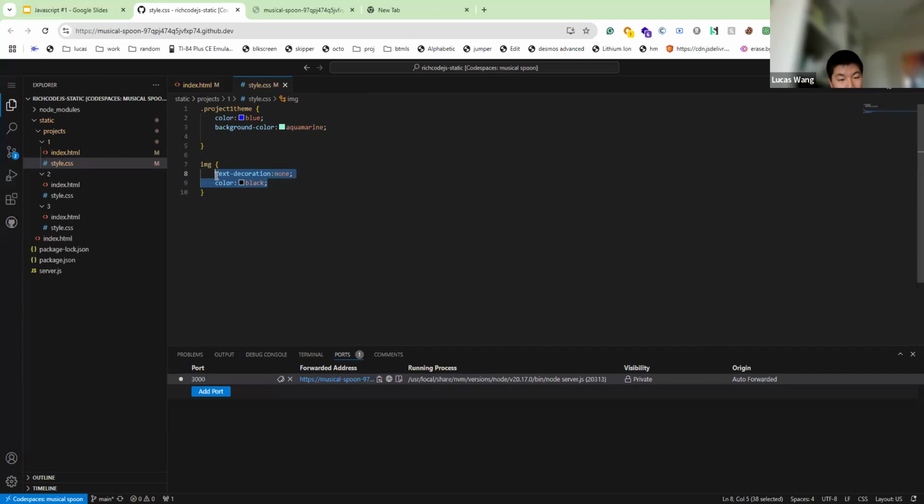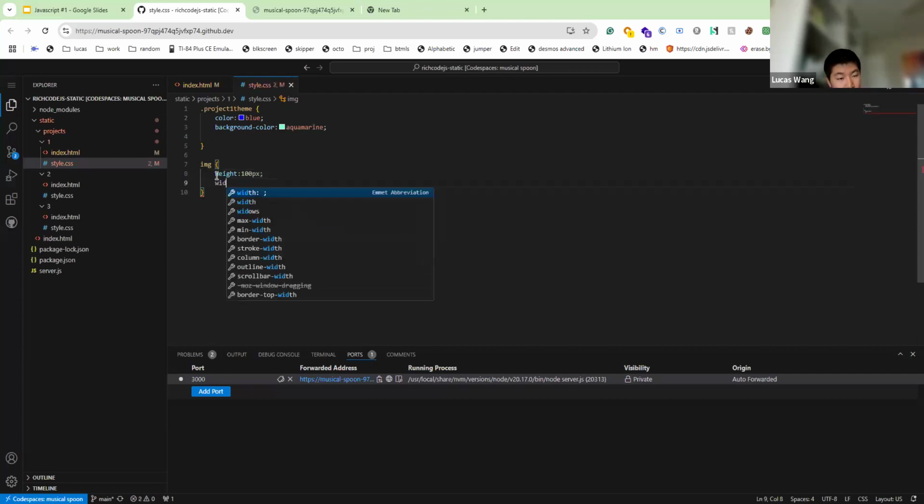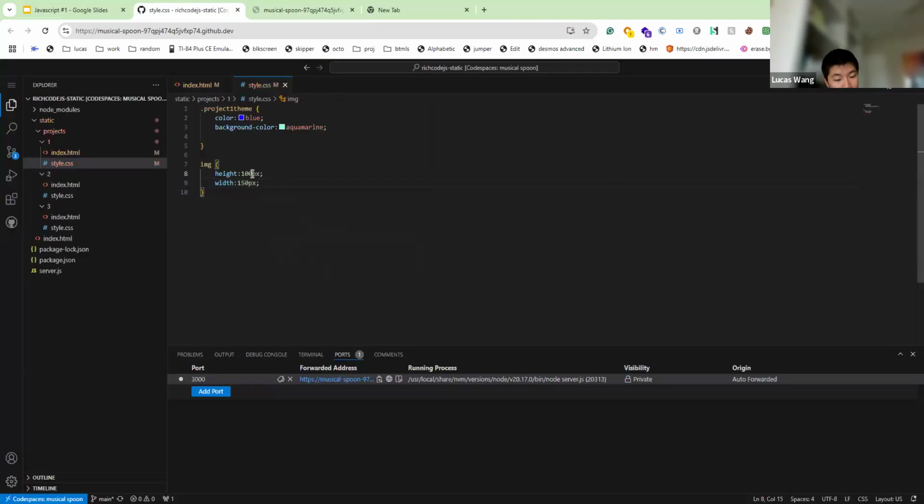So I will do height, say 100 px. Px stands for pixels, by the way. Width, 150 px. So you will see that you can change the size of the image. You can even make it 1000 pixels, in which case we will stretch it out a lot because the width is only 150